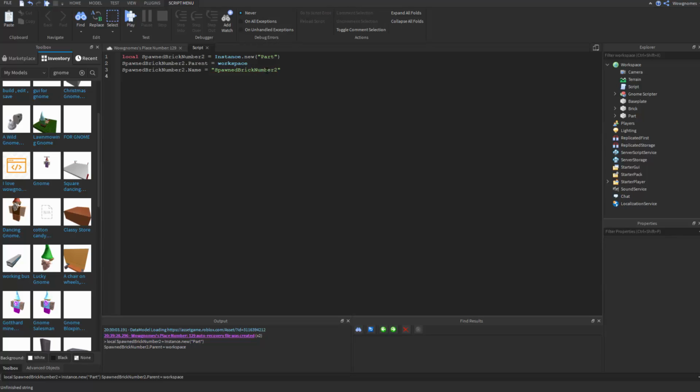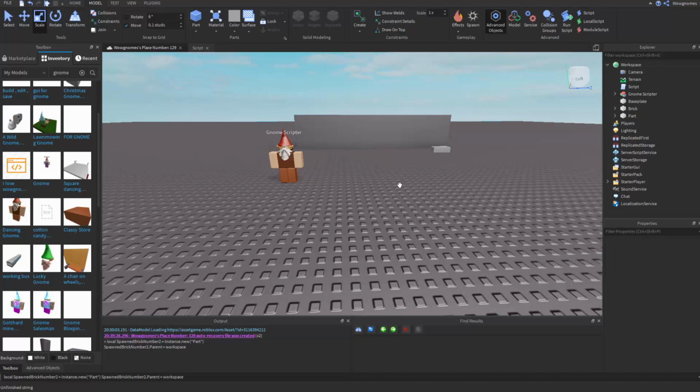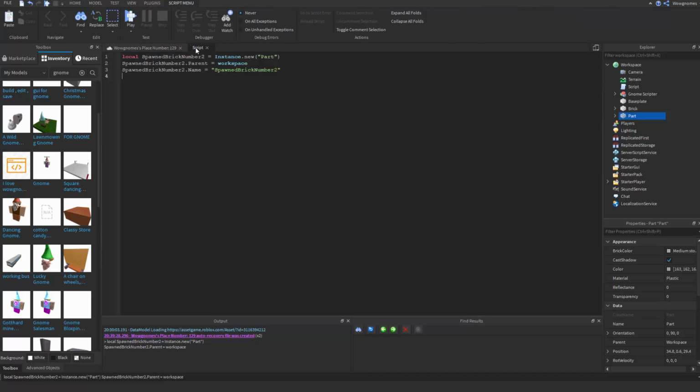And now, before, if you look over here, we have base plate, we have known descriptor, we have brick, and we have part. So if we were just looking at this over here, it'd be kind of confusing, like what's that brick? Was it this one? Was it the base plate? It's actually the one named part, which is non-standard. But now we have a variable and we have a name indexed to that variable, so we can even find the brick like doing this. Workspace, find first child,